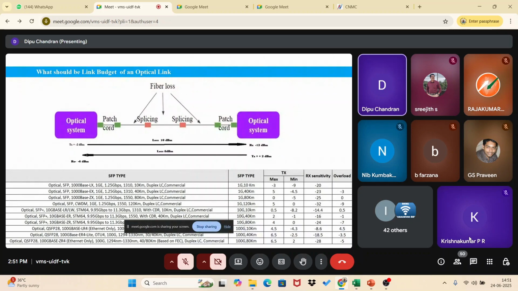Actually, we should take care to the maximum possible level. It should be 100% sure that power budget is kept, and we should know the SFP I am using. If it is a 10 kilometer SFP at the transmitter, then my transmit power will be around -3 or -4, and my power from the